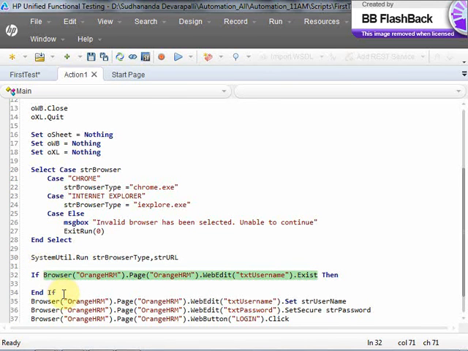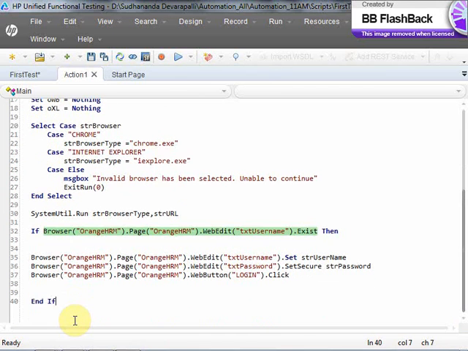Then what I'm doing is, if it exists, then only perform the login. Else, remember, we are not going to use a message box here, because when the message box displays, I have to manually close that message box. But as I told, we won't always be at the system, or sometimes we'll have some remote machines or VMware machines,